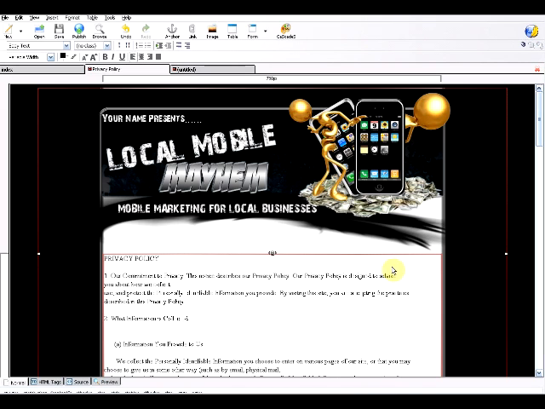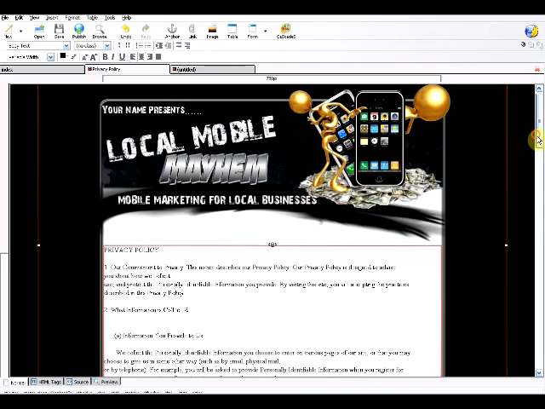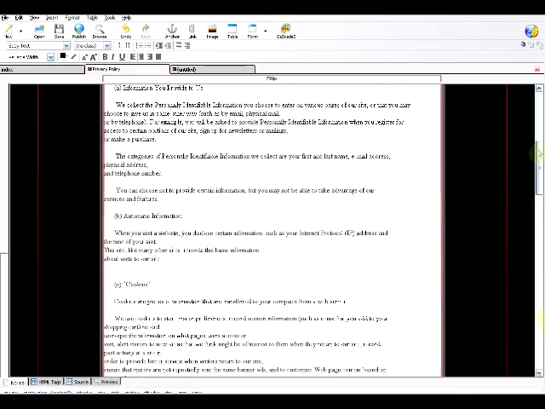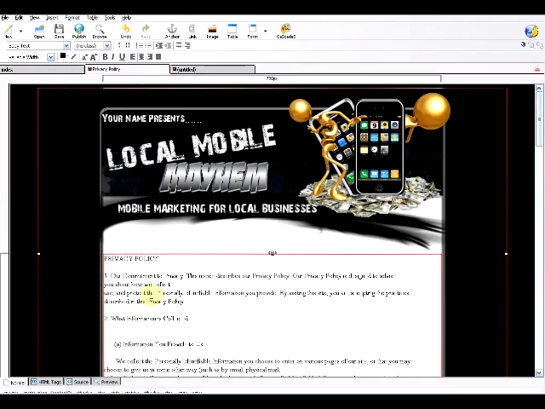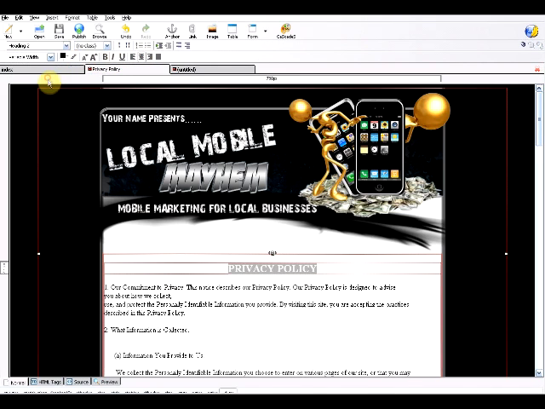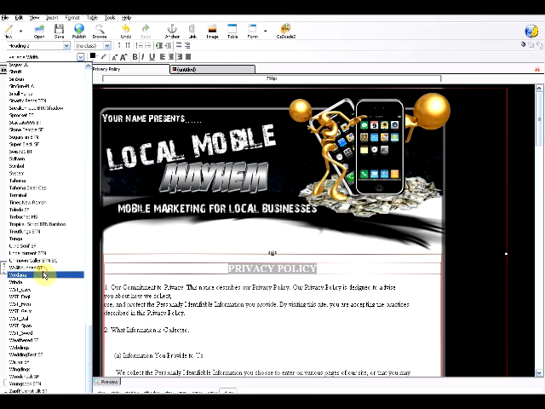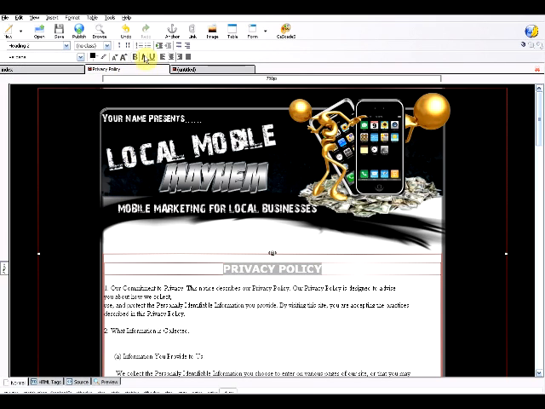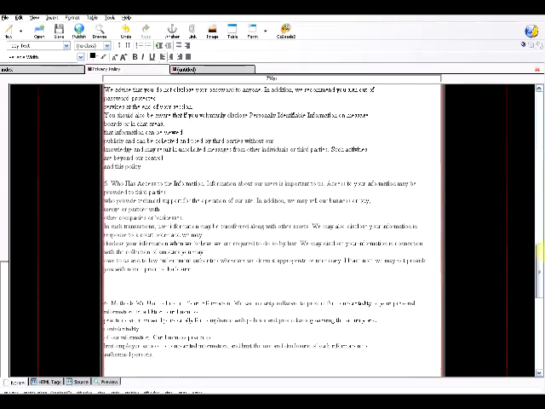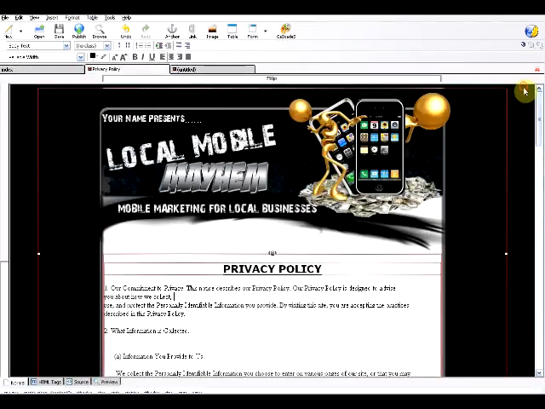So I've pasted in the privacy policy details, that's all there, and then I'll just tidy it up slightly, just highlight that, we'll just center that, make it slightly bigger, and we'll underline it as well. Okay, so that's the privacy policy,